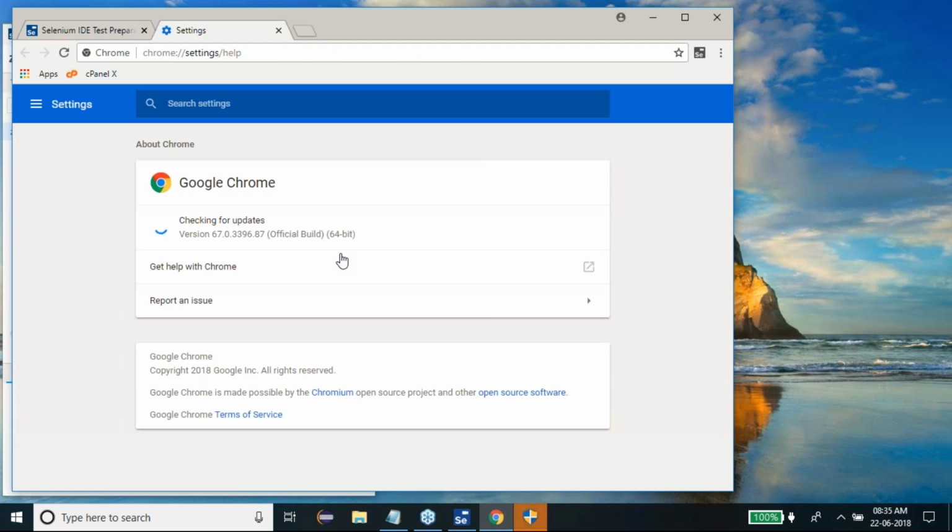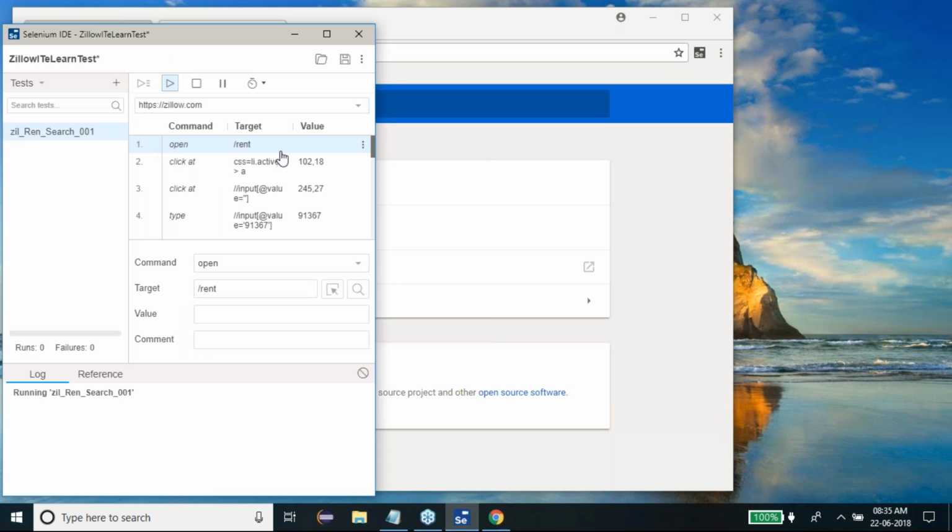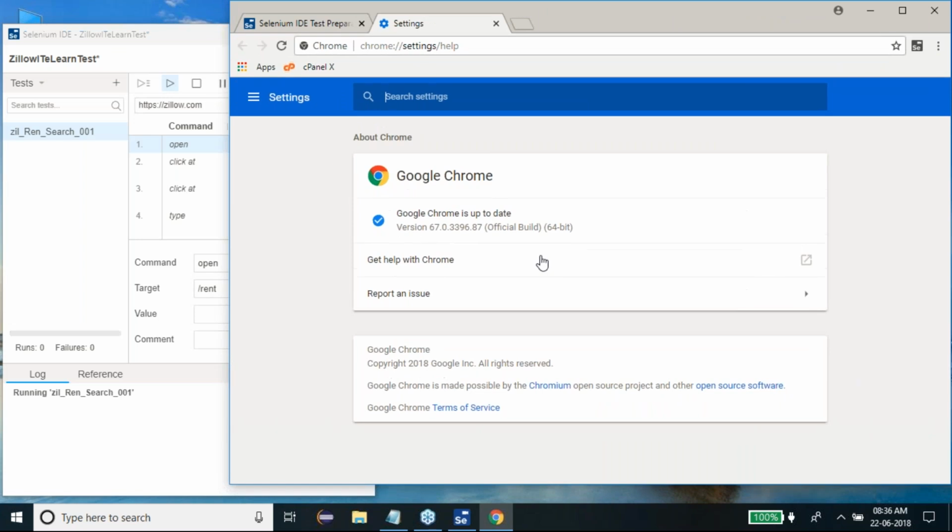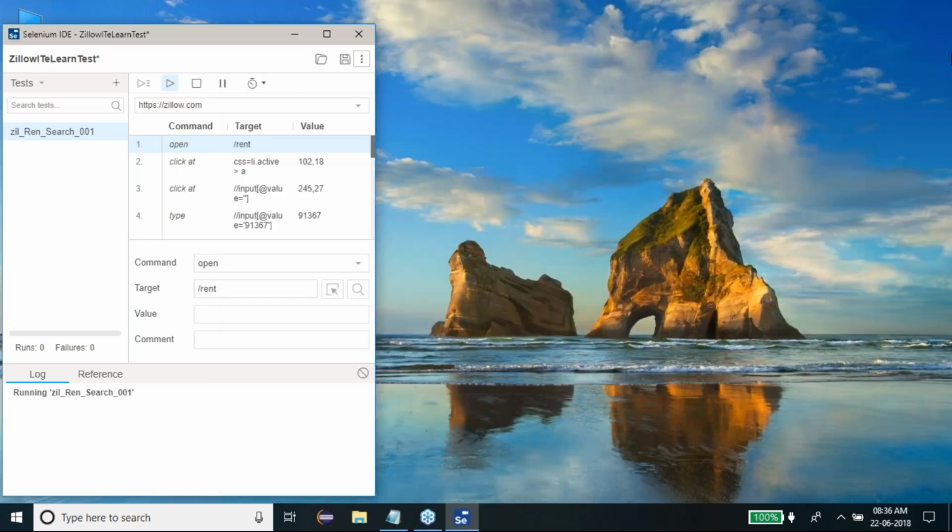Checking for updates. Okay, now I'm okay. No, it's not doing much. It is very important for us to look at this from a learning perspective. So let's see. It is up to date. Okay, this is good. Let me try this, team. Keep Chrome open